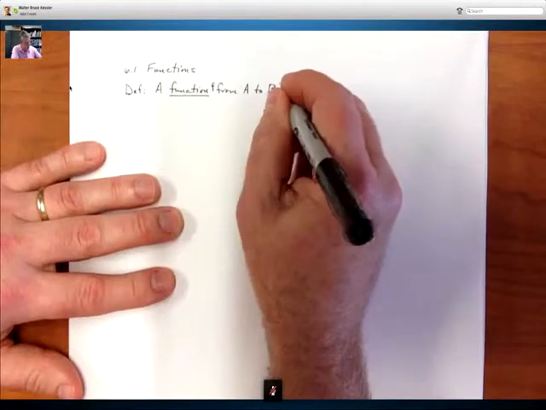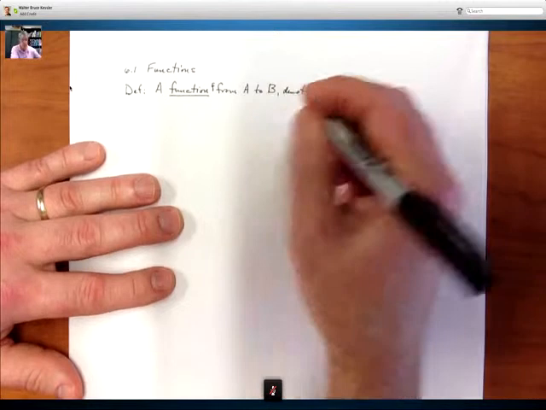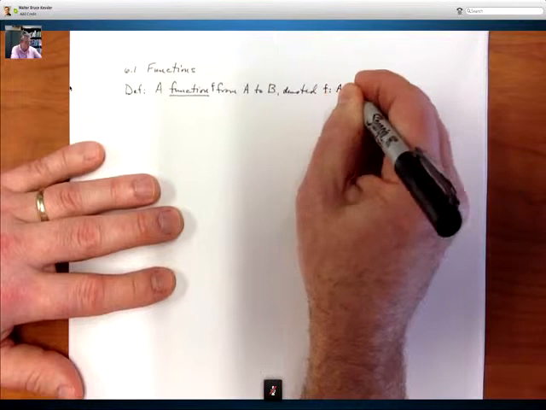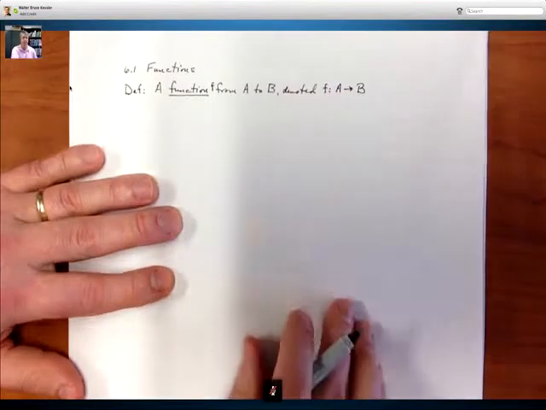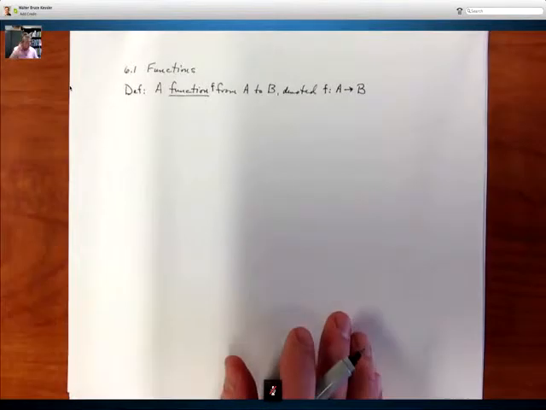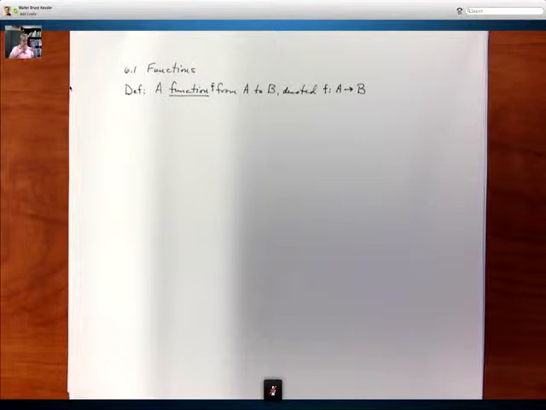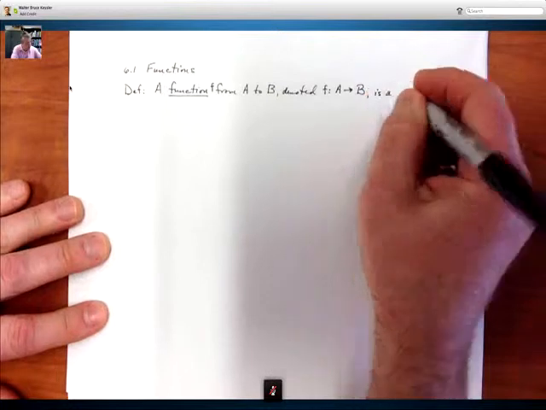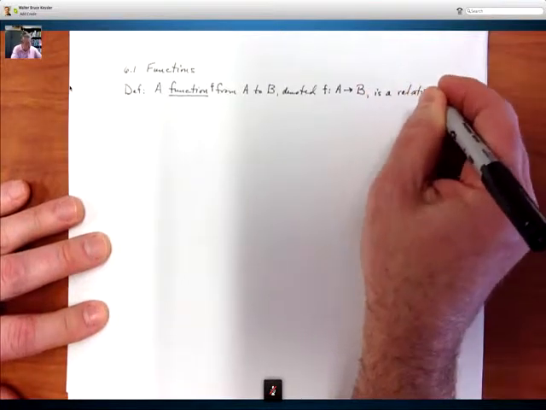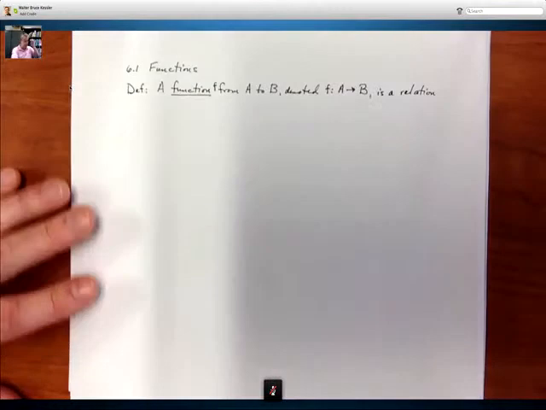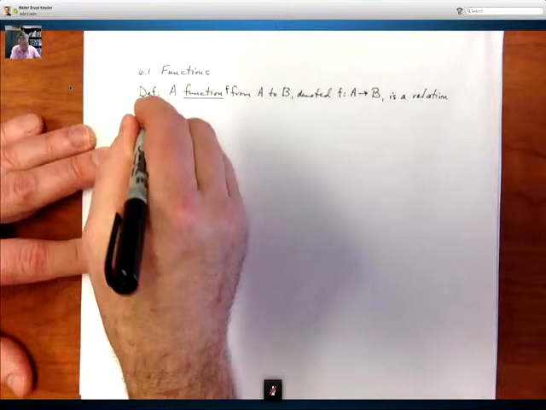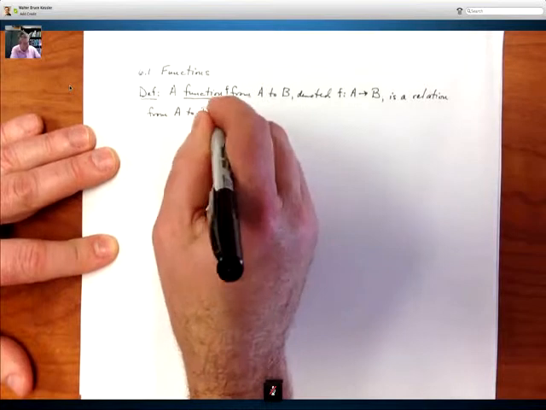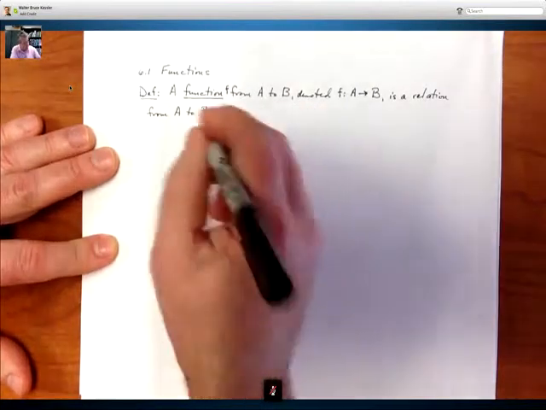A function f from A to B, denoted f, and sometimes we'll use this handy little notation here to indicate the first set, the set that we're coming from and the set we're going to, is a relation from A to B such that